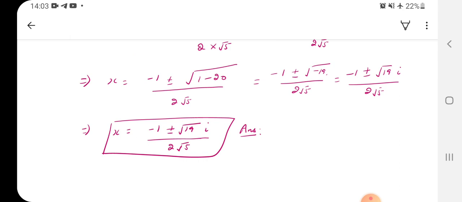So this was the topic which was the end of the complex numbers. So we will discuss more problems on this complex numbers as well as on the polar form in the class.